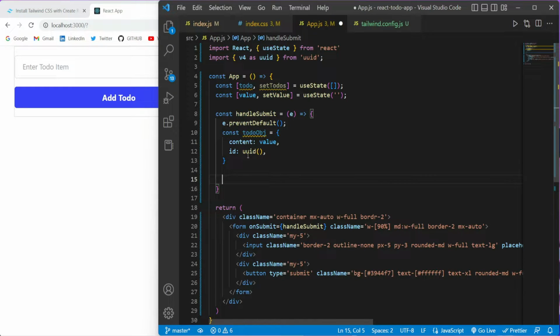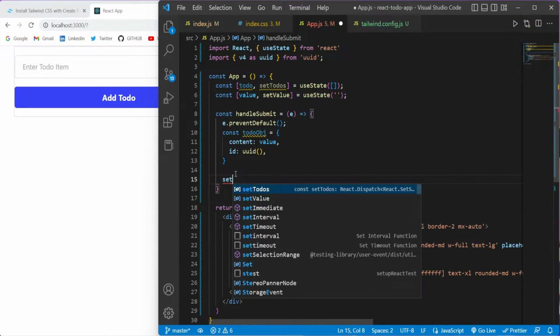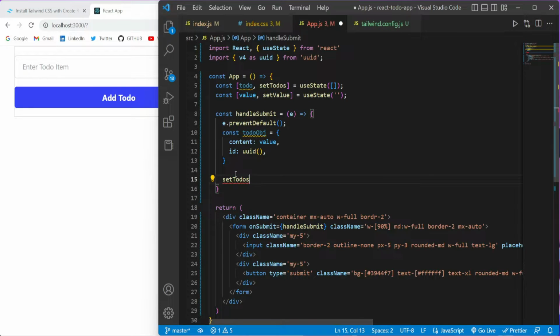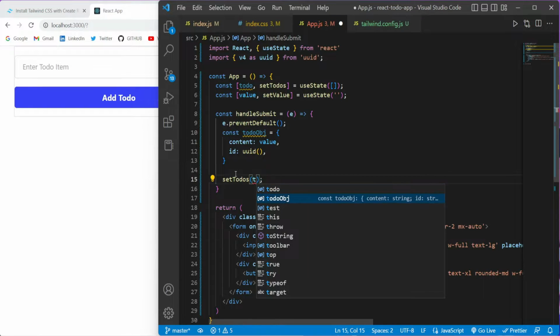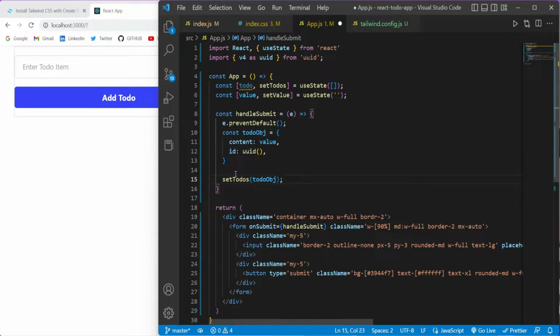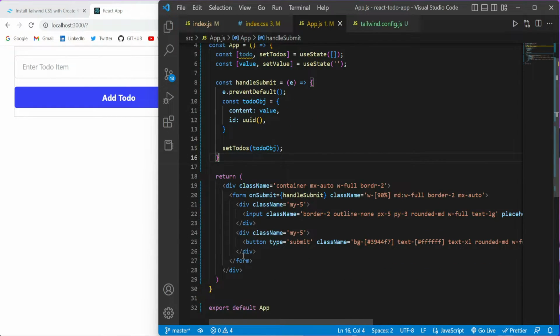Now what I want to do, I want to set this to do object into this array. Okay, how I will do this, I will simply call this set to do. Okay, and I will just pass the to do object inside this. Okay, see, we will have some problem here, okay, with this line of code, and I will tell you what problem we will face. Okay, but before that, let me